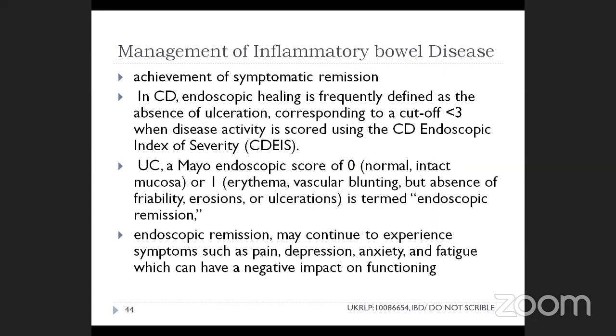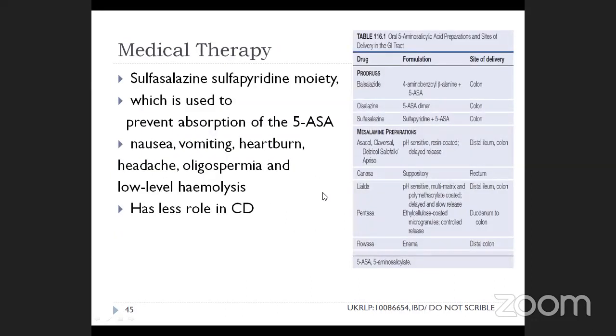Again, in the same way, ulcerative colitis has the Mayo endoscopic score of 0 or 1. So in general, endoscopy helps in disease management and assessing the disease progress, and the criteria and scores are given as per the endoscopy, and the disease pattern or the disease remission is assessed.